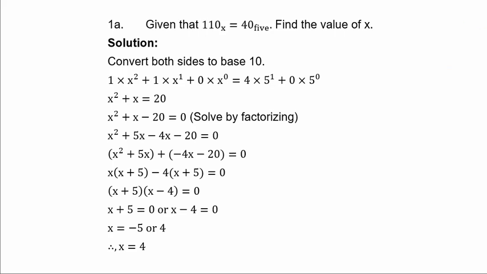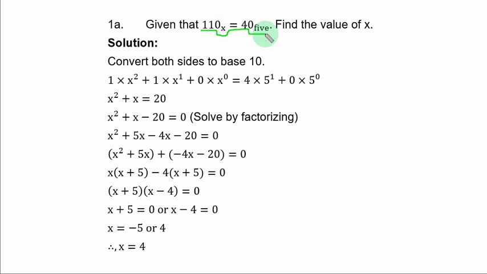Question 1a. Given that 110 base s is equal to 40 base 5, find the value of s. What you do here is to simply convert both numbers to base 10, the common base. And to do that, you multiply each digit by the respective base number and you assign the position of each